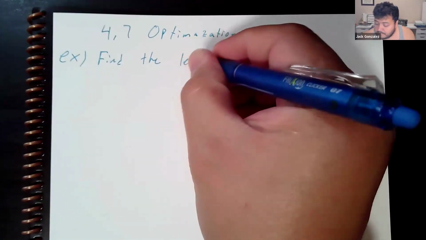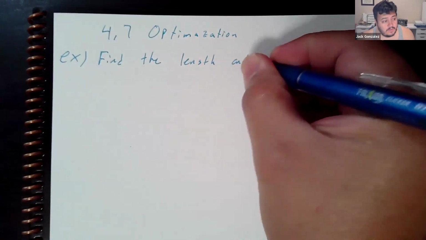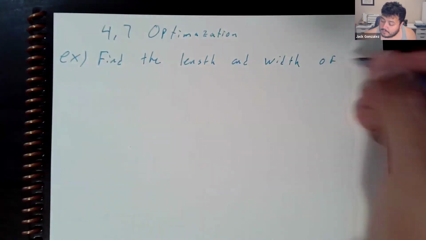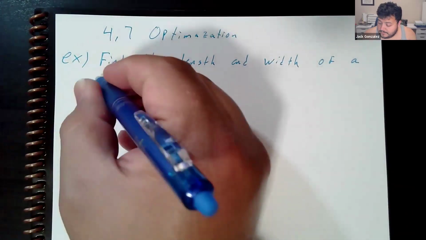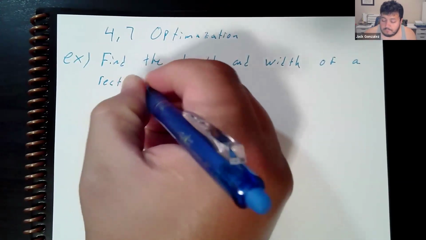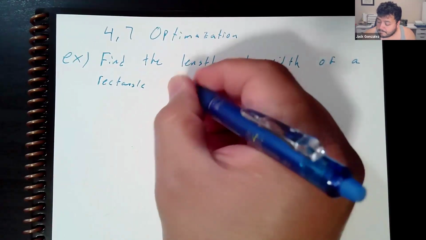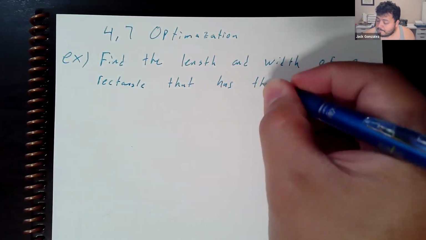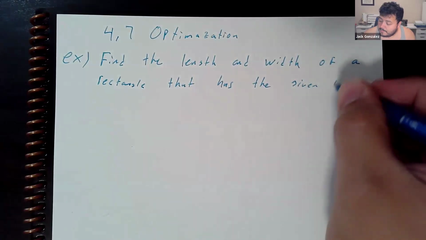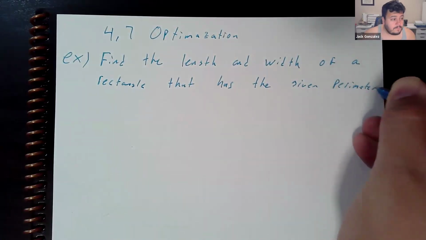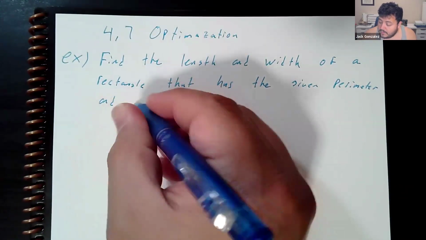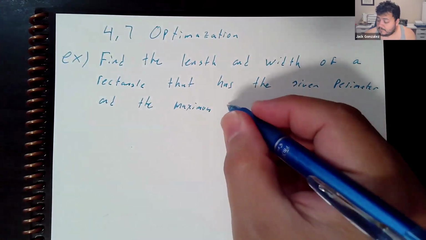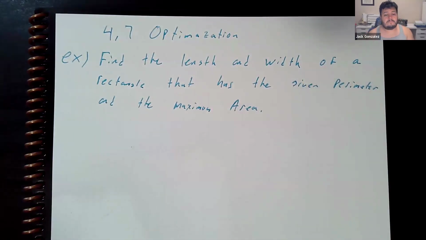Find the length and width of a rectangle that has the given perimeter and the maximum area. Okay,